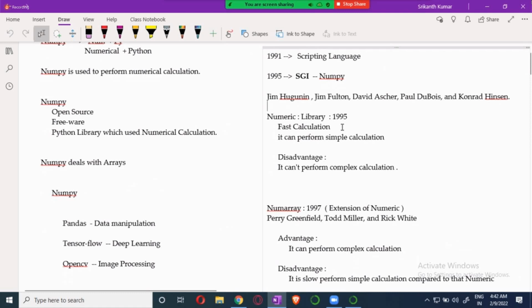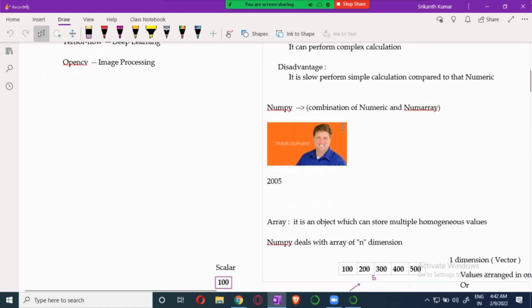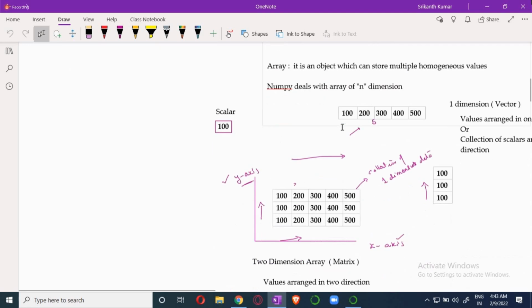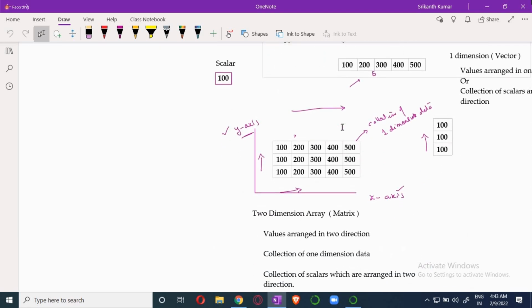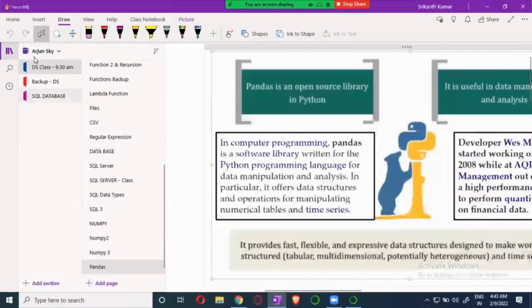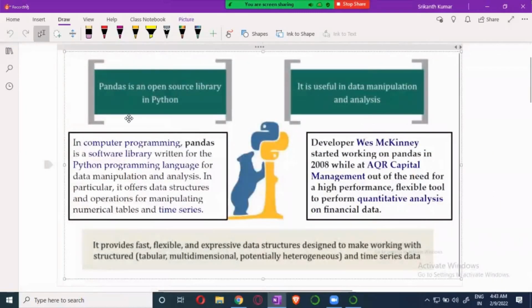So the Python people started NumPy in 1995, and it was initially called Numeric. Then it went on to NumArray. Then it went on to NumPy. Travis Oliphant is the one who came up with this NumPy idea in 2005. Now that is a proven record. If a package has to be successful, it has to go through different phases. It has gone through different phases over 10 years, and it came up with a perfect structure called NumPy,